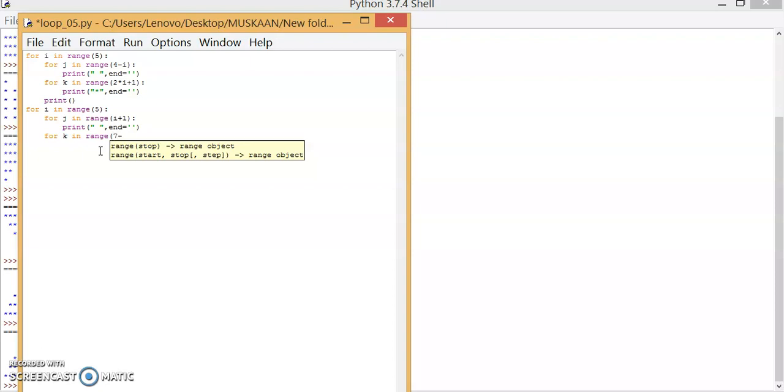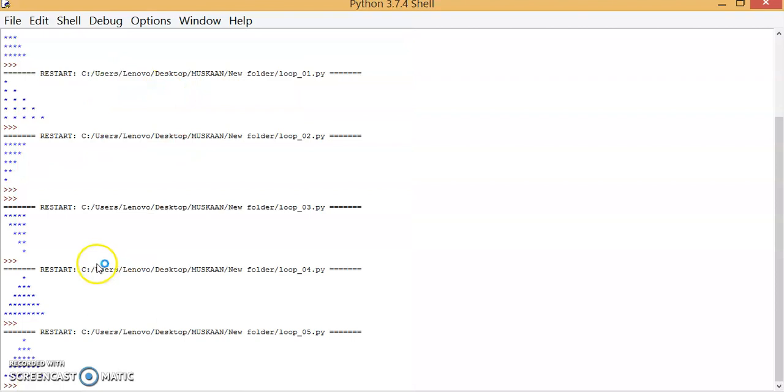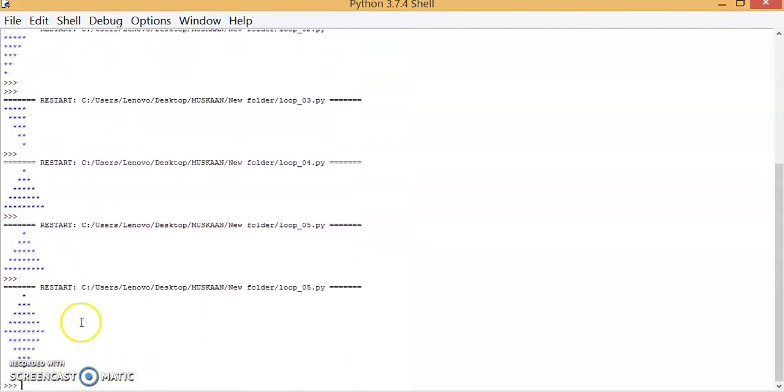I'll tell you how to reach this logic. I will tell you all about it. Firstly, write it and just see what comes. Okay, so we want to do the star part here, print statement, ending with a blank. Now we want to print it all together, and here's the complete code. So Control S, save. Now I do the run module part, and I just hope, see, it's a diamond.